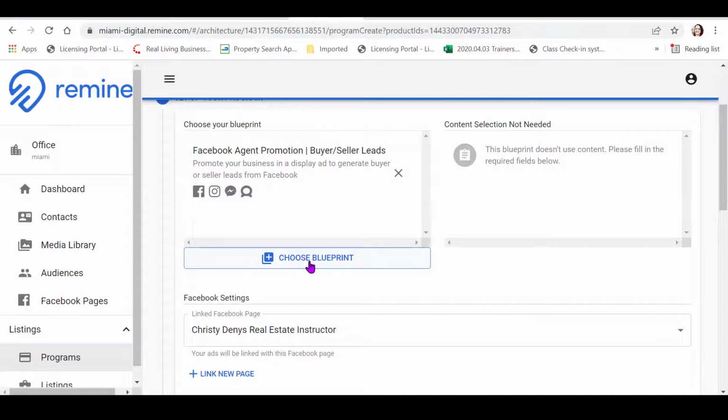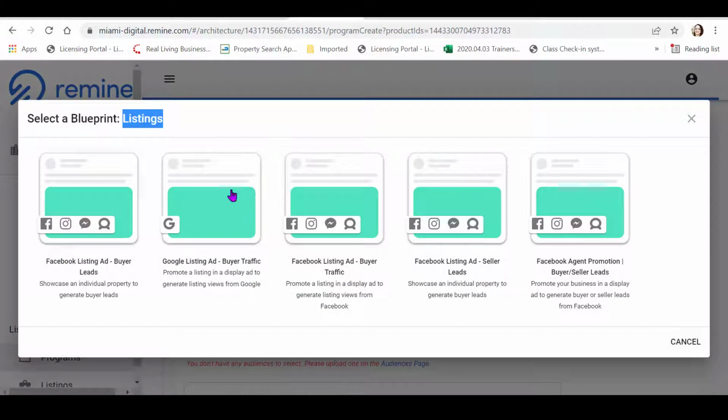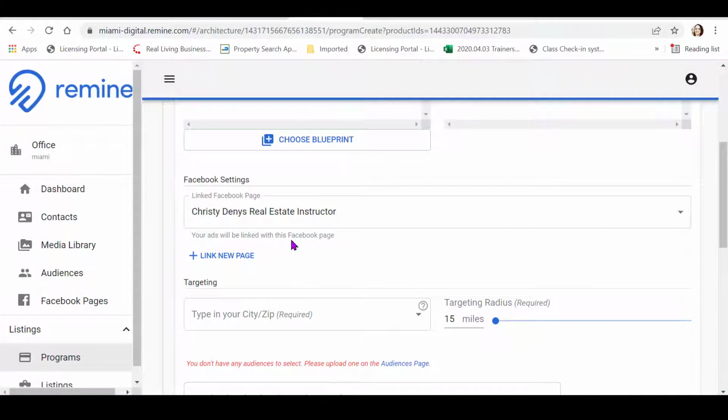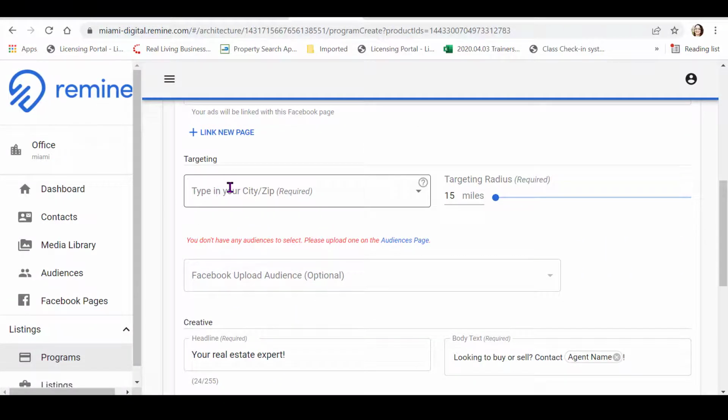So we've already chosen our blueprint. If you wanted to change it to another option, you can tap on choose new blueprint, and you'll have all of those different blueprints available for you. Scrolling down, it has already linked our Facebook page so that we can create the ad. And now we begin our targeting. You have two ways that you can target. You can either enter a zip code